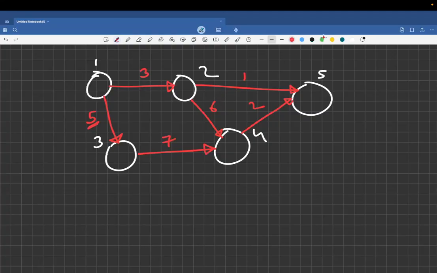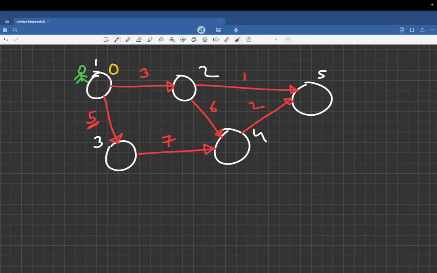Now the question is that you are initially at city 1. You need to find the length of the shortest flight you would take from city 1 to every other city, including city 1. So just tell me, from 1, what is the shortest length via which you can reach city 1? It is 0, right? You are standing at 1 only. So from 1 to reach 1, the shortest distance is 0.